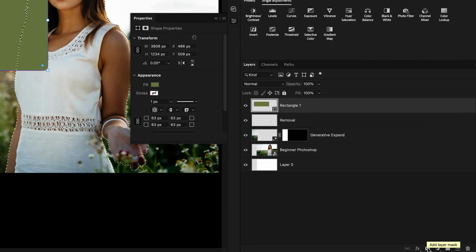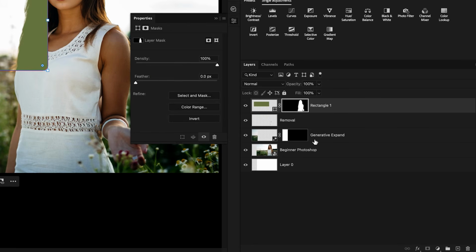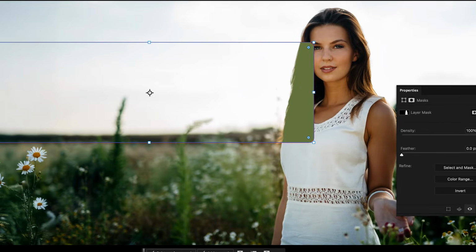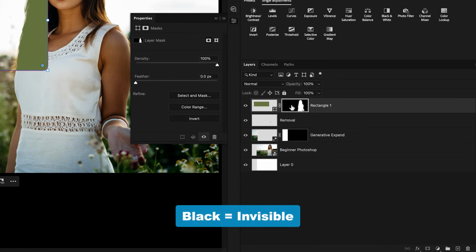So to add a layer mask, we can just click on the layer mask icon while our selection is active and the layer that we want it to be applied to is selected in the layers panel. So clicking on that masking icon here, this now applies this mask onto that layer, and you can see the shape is only visible within the inner edge of the subject here. That's because on this layer mask, anything that is black is 100% invisible, and anything that is white is 100%